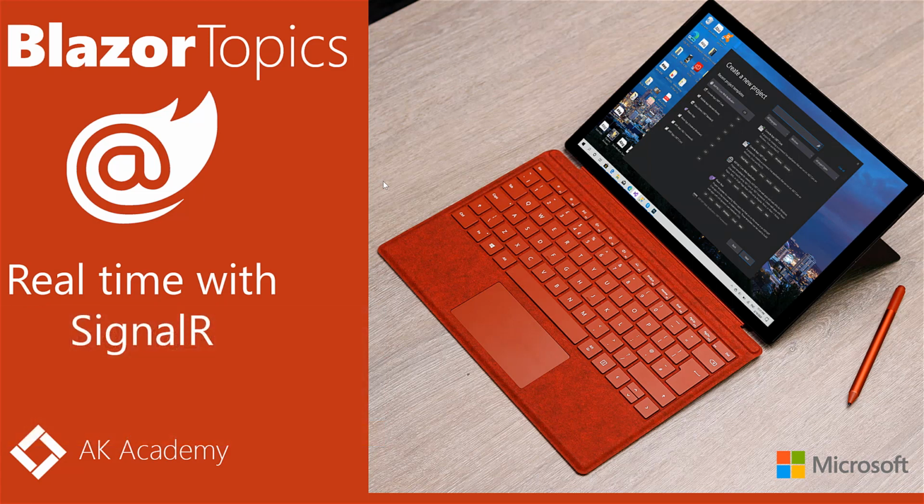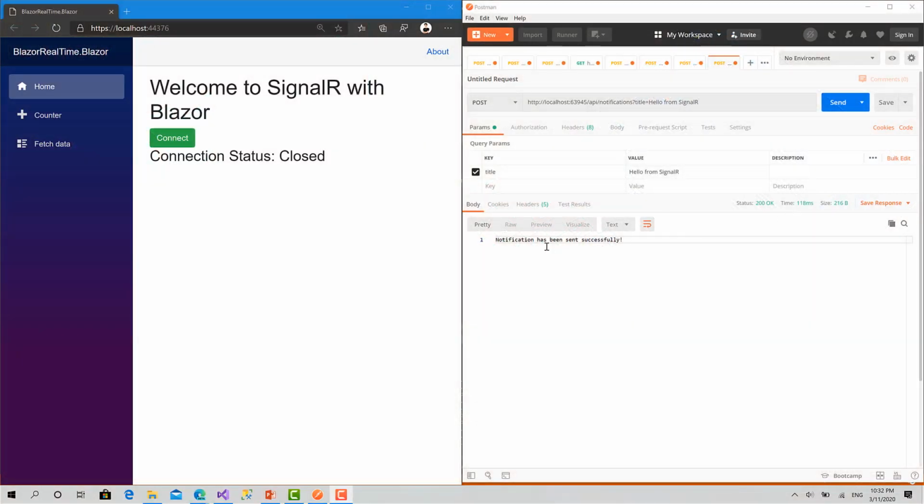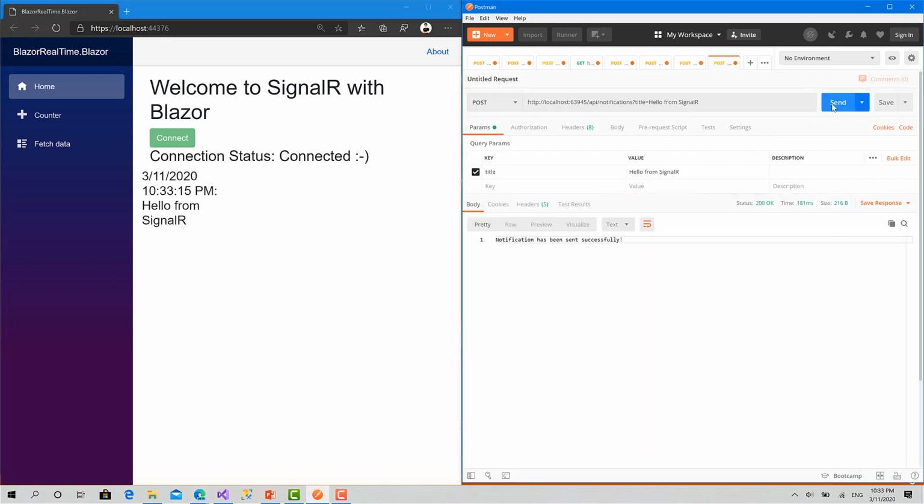In this session, what we are going to do is something like this. We will create a very basic API with only one controller and one action that sends a message to all the connected clients. Here is a Blazor WebAssembly client. When we click the connect button, we connect to the SignalR hub. Then, even if we have multiple clients, every time we call an action on the API, it sends